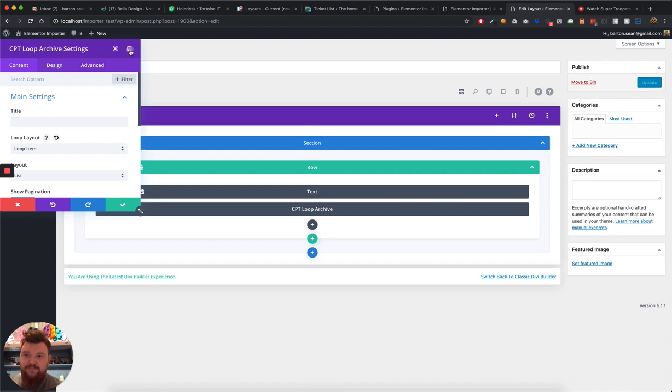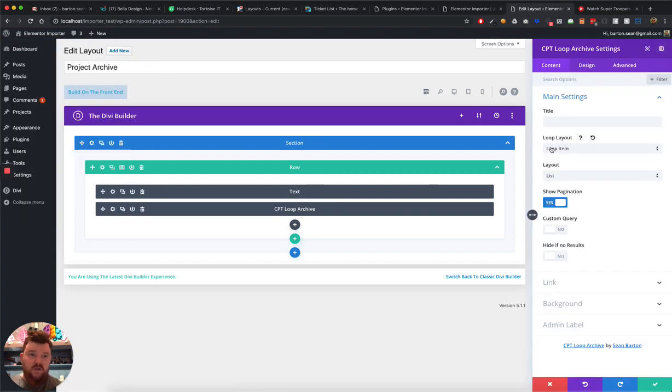Now be sure not to use, absolutely not to use, the same layout as we're on now. So this layout is called project archive. You'll notice it's showing in the list. Do not use the same layout or it will just loop and loop forever. Okay, and you'll get some really weird results. So you must make sure that you've got your loop item layout created first, which I did in the previous example, so that's good. And I'm going to have a grid layout,